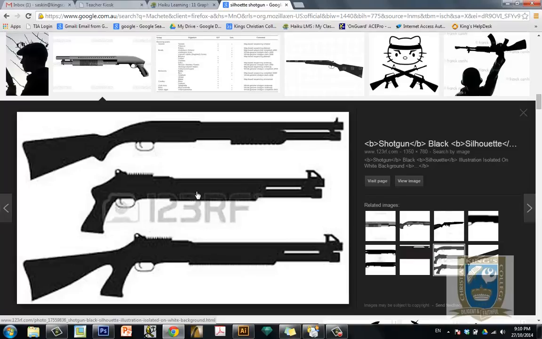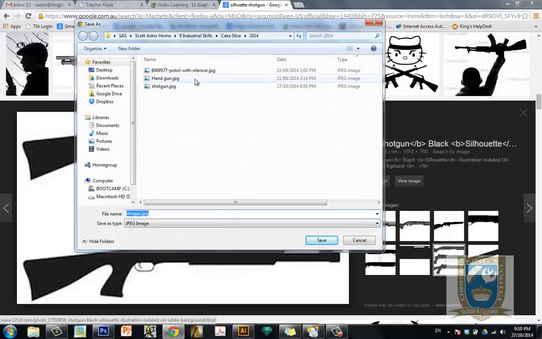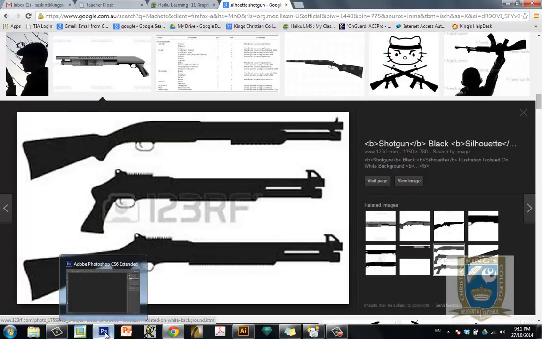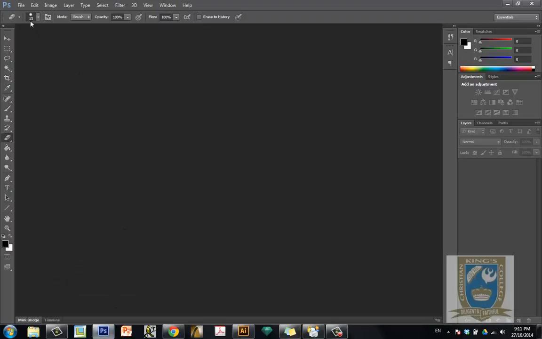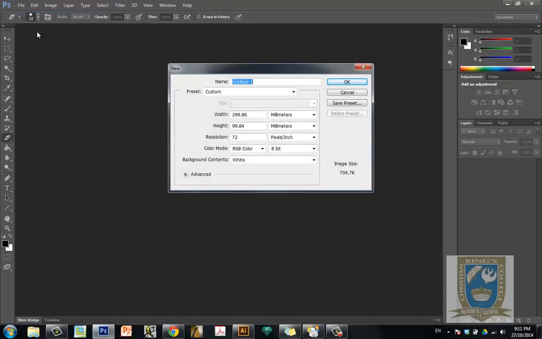So first of all, you save that image, right click, save, and of course put it somewhere where you can refer to it. Maybe you make a folder called cake slicer. I've called mine shotgun. Then we go to Photoshop, open up Photoshop, and create a new file, and I'll get you to set up the width and the height of this file to roughly 300 millimeters long by 100 millimeters high, in millimeters,